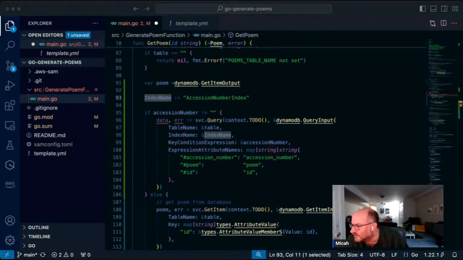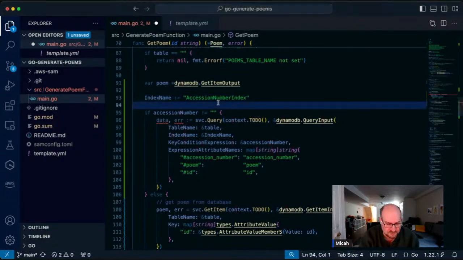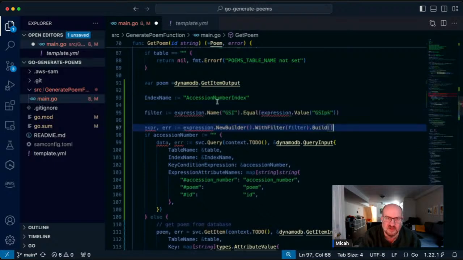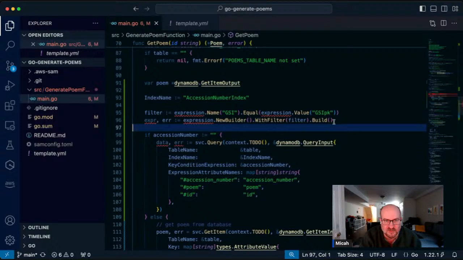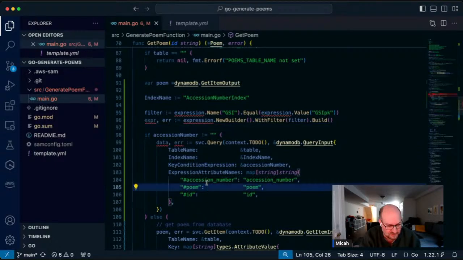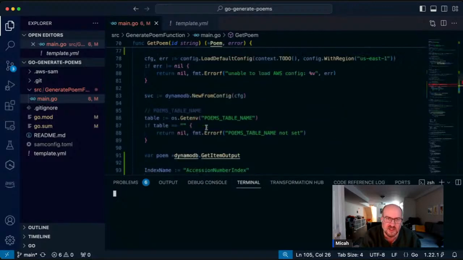Okay, so I'm going to copy and paste a couple things from my notes over here because this will make it easier. Expression. Oh yeah, that's a DynamoDB. That should load in here. Let's see if that works. No, okay.